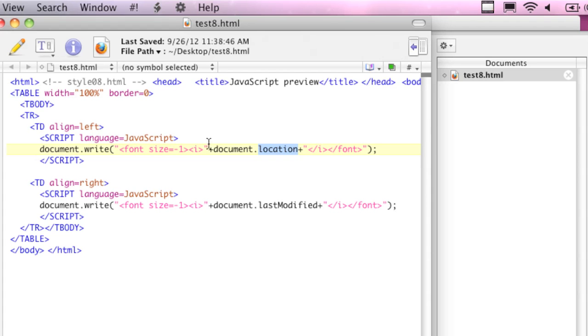But long story short, we can run a property, we can get at an attribute that is associated with the object, and this one would be, as an example, the location. So this particular code is doing a document write, which is a method to say write to this document screen this content, and this content is going to be formatted this way with an inline. That's not even a style, it's just going to be a regular old HTML. Font size is equal to this. Put it in italic, and then put in the document.location, and then over here we're putting in the last modified